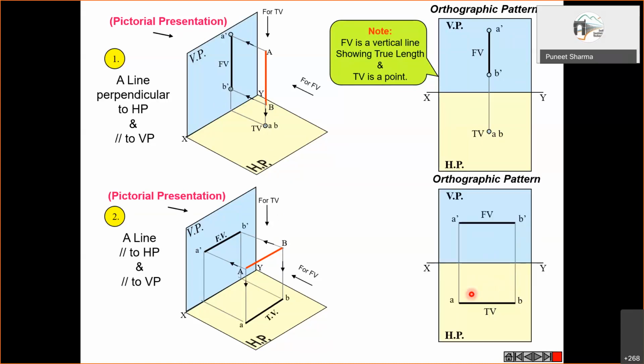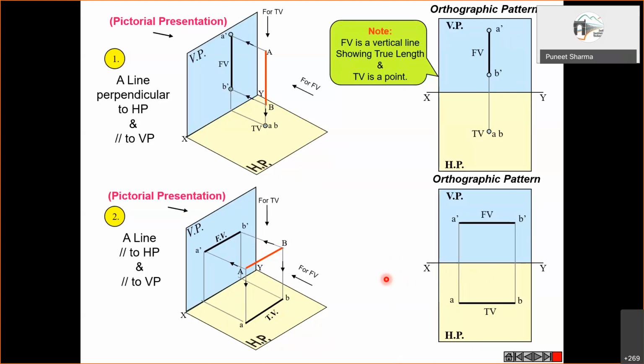Here these are represented like this in the actual orthographic projection. Now here what we observe is the front view and top view are identical. Only their location with reference to this XY line. With reference to the XY line, the location of front view and top view will be decided depending on how the line segment is located.